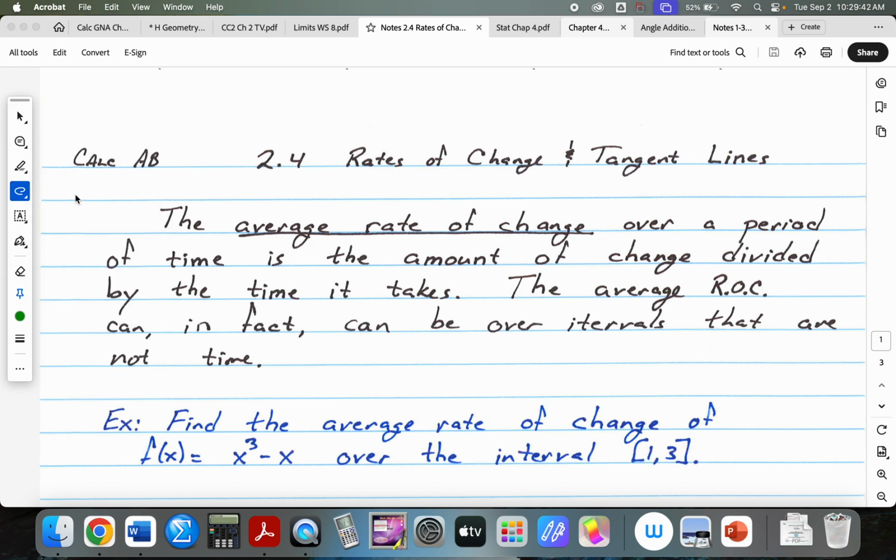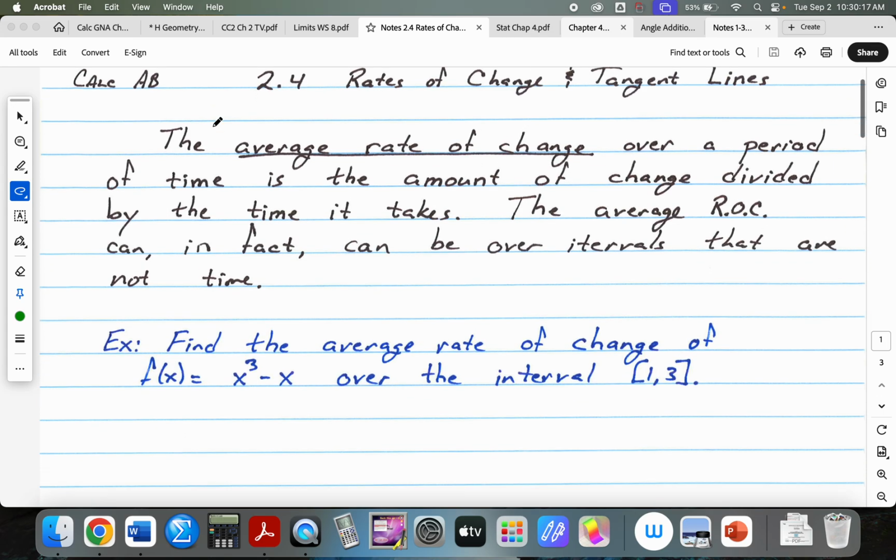So you've done average rate of change before. You did that quite a bit last year in honors pre-cal, where you found the average rate of change of something. Remember that the average rate of change is the change in whatever, typically over a time period, but it doesn't have to be over a time period. It can be the average rate of change of y with respect to x, for example, right? And if it's a line, well, that's slope. Okay, so